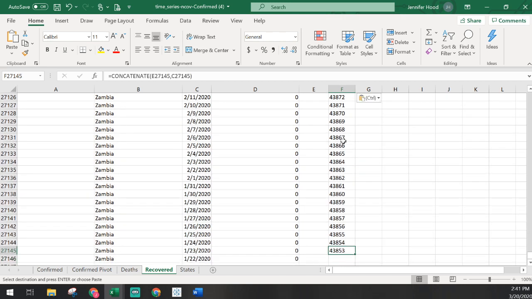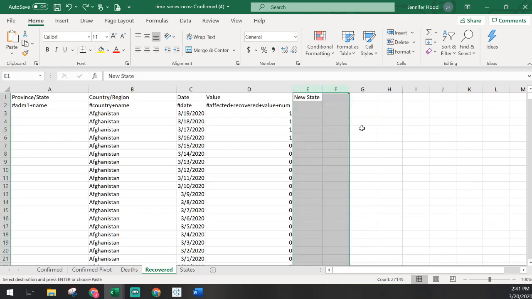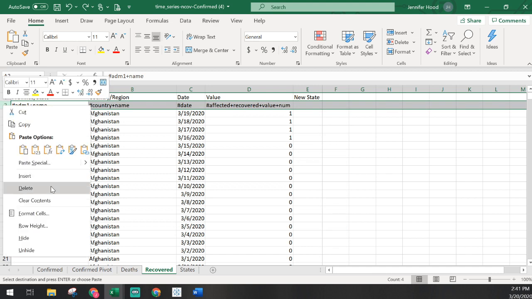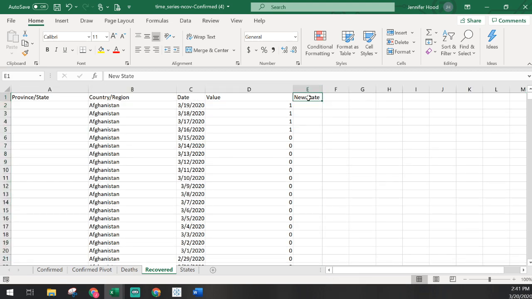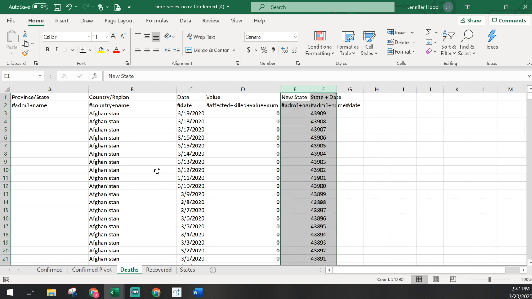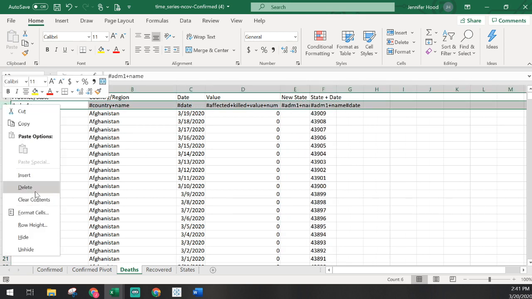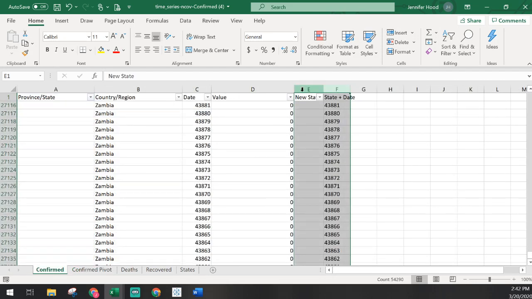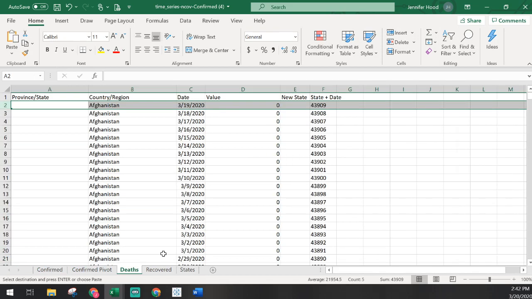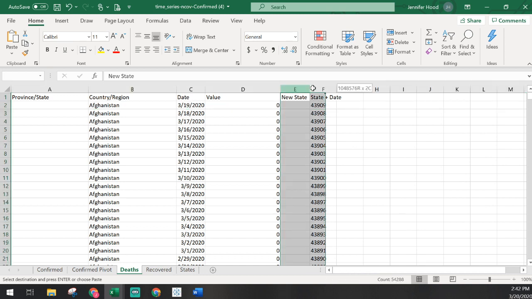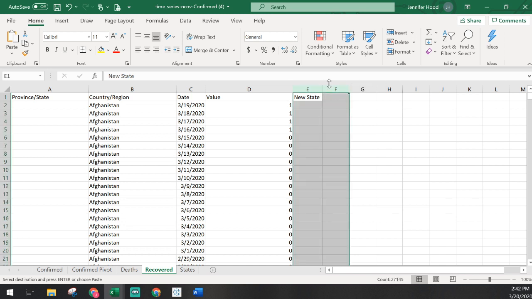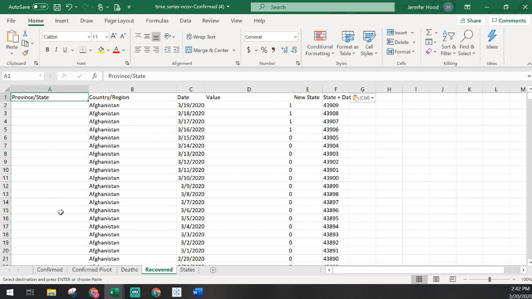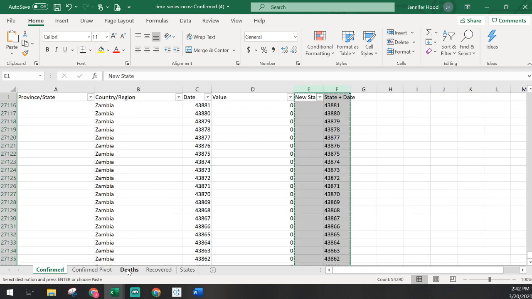And actually, what I didn't do is I didn't take out row 2, so we need to do that. And we didn't do that over here, so let's take that out, because otherwise we're just missing the bottom row when we copy this over, and it'll keep our labels more clean. So I'll drop that in again on deaths and recovered. And now we can set up our new pivot tables.